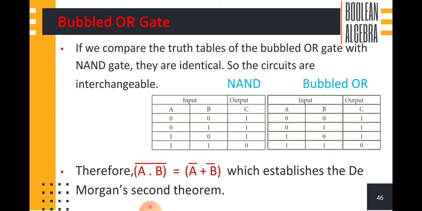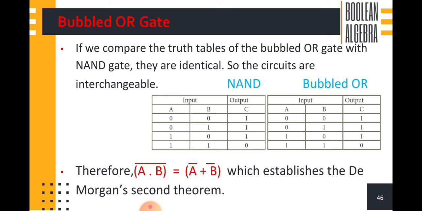You first write the AND gate topic, then write the definition of the AND gate, draw the logic circuit, and draw the truth table. You complete all these things for each and every gate: then write the OR gate definition, OR gate logic circuit, and OR gate truth table, and then the NOT gate. You have to explain those 3 gates, and then the question on fundamental logic gates is over. If it is asked as a 5 mark question, you have to write the answer like this: first write the AND gate, give the definition, draw the logic circuit and truth table. The same way we can explain the OR gate and NOT gate also.